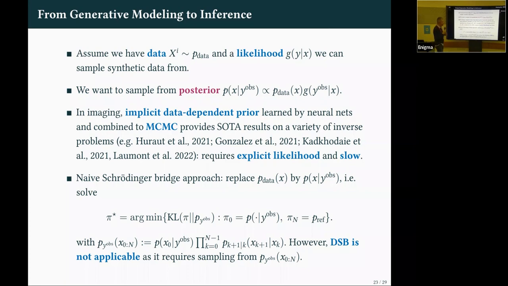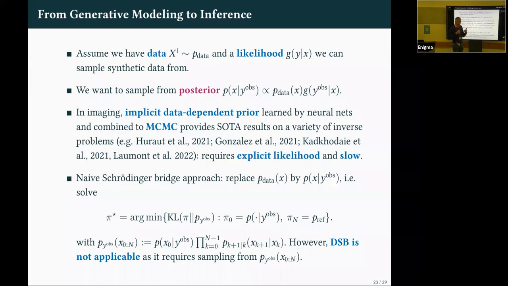So we would like to directly do a Schrodinger bridge. For example, that would be able to take me from the posterior to the Gaussian, and then by learning some kind of time reversal, I'll be able to obtain samples from the posterior. That could be maybe the thing you want to do, but obviously the algorithm I've described previously doesn't work because